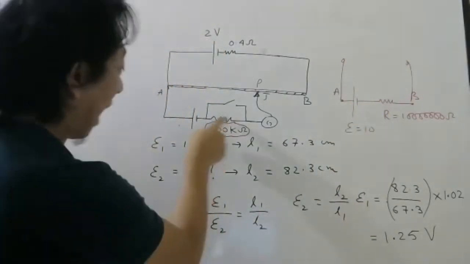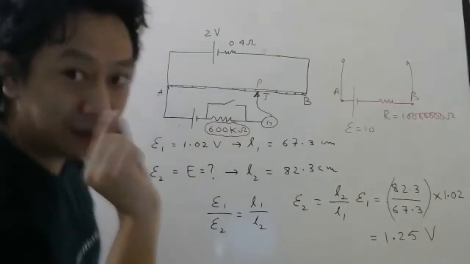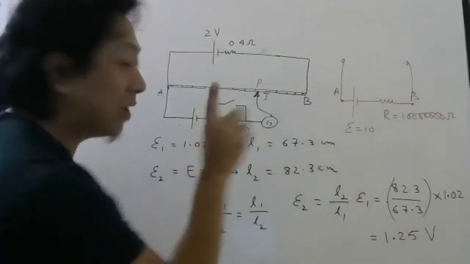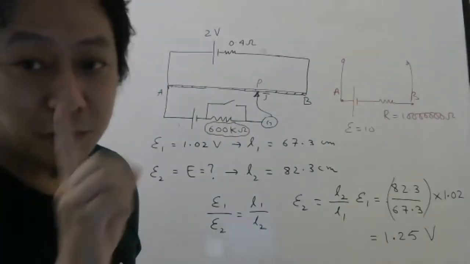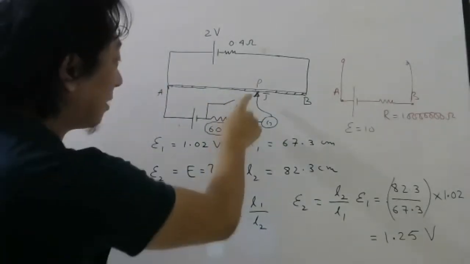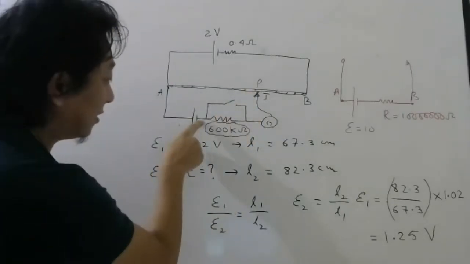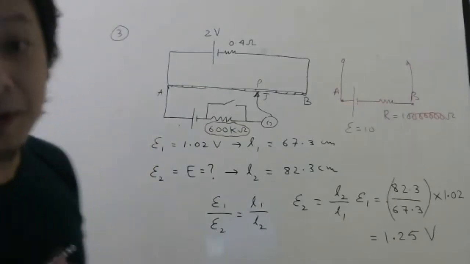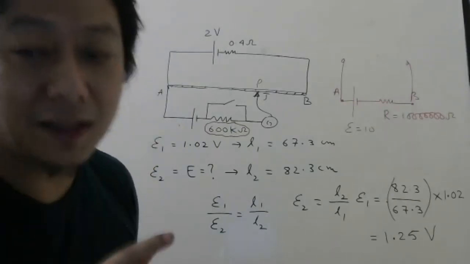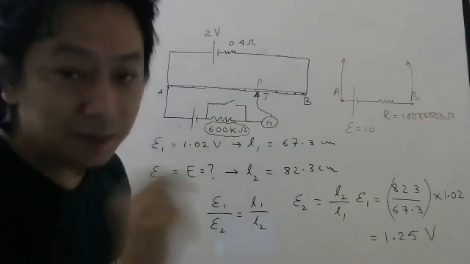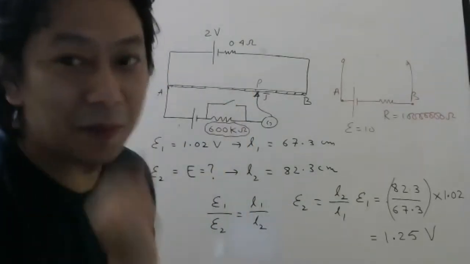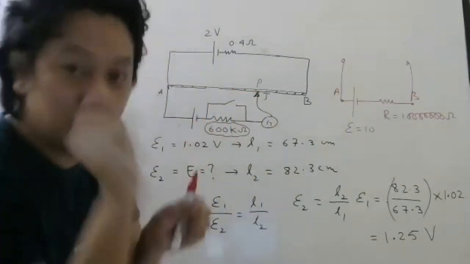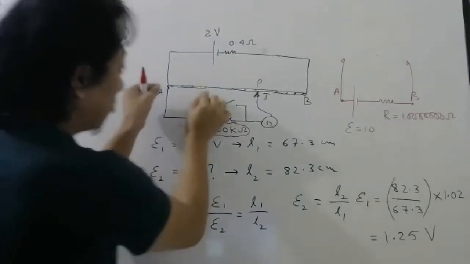So keeping a high resistance here, remember, or any resistance here, will not change the balance point. So for 1 mark, if they ask, does the balance point depend on the resistance of this branch? Answer is no, it does not depend. Then why are we keeping it? Well, the reason is that initially we don't know the balance point. We are searching for the balance point. We are moving the jockey like this. When you do the experiment, you will come to know.